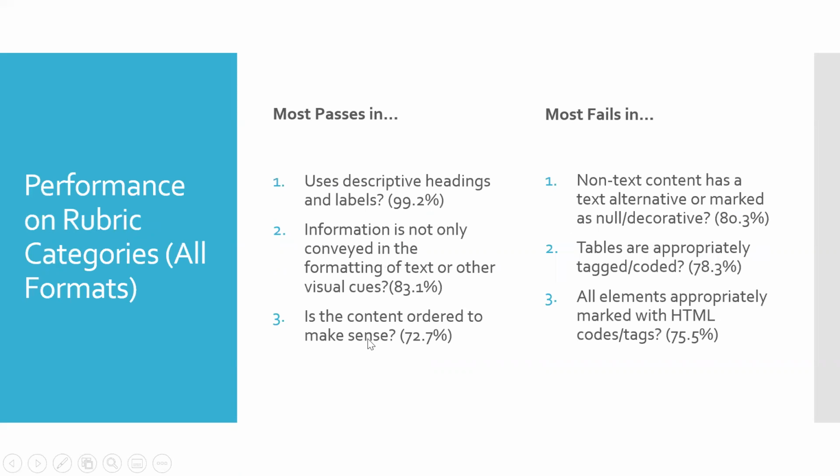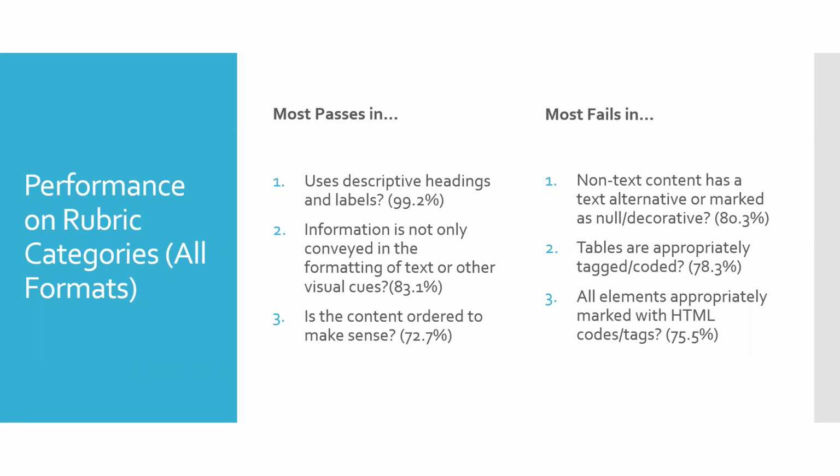And then, of course, we had our data, like what categories in our rubric did the books pass or fail the most in. On one side, we have here the top 3 passes and then the fails. Those percentages are how many passed in one case or how many failed of the entire 355. The categories that we got the most passes in were: uses descriptive headings and labels, information is not only conveyed in the formatting of text or other visual cues, and is the content ordered to